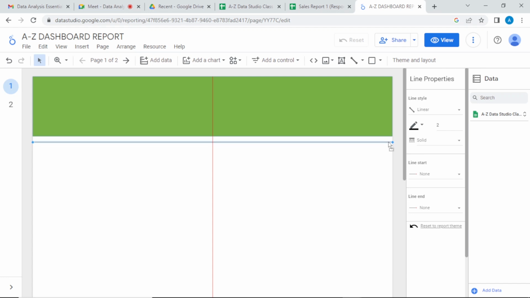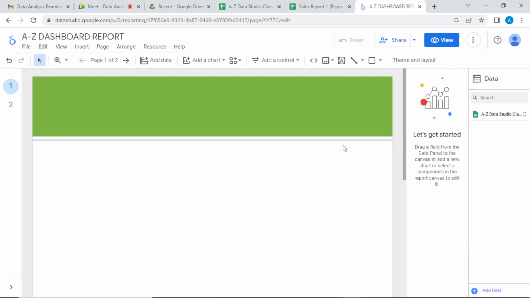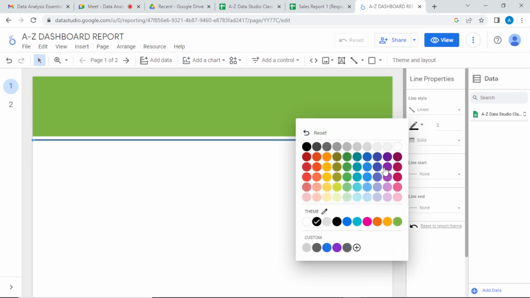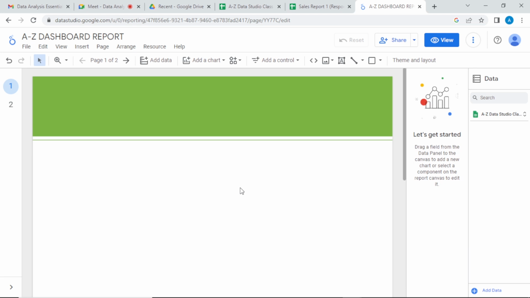just to give me a kind of feel. But I might want to change this color. You see line property is here. Let me give it same color as this. So I said I want to have a bar here that I can place my scorecard in. So I will have to come to this shape again, then drag